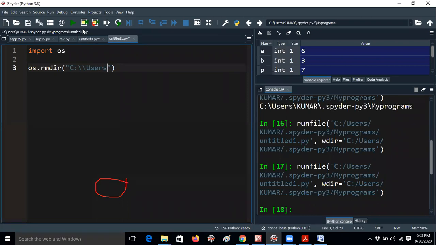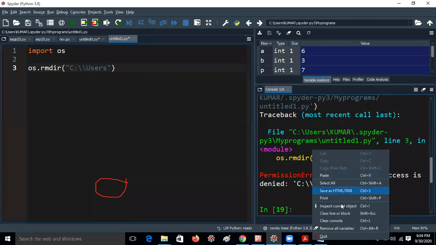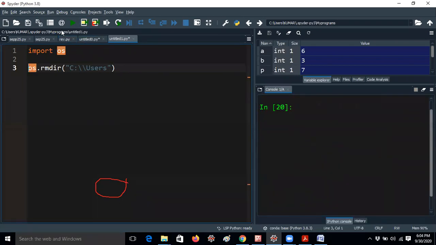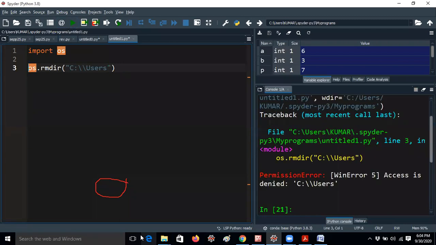Oh wait, okay, it will get access denied only, no problem. So here it is getting Windows error, access is denied because you cannot delete the files. That means you cannot delete any folders or directories. If you have content in it, you cannot delete the directory. That's why it is getting an error.